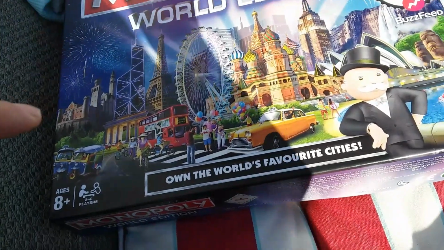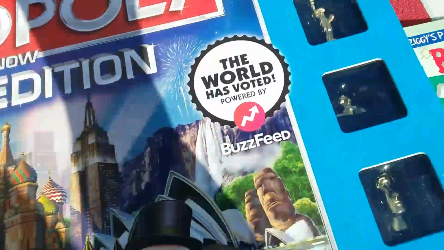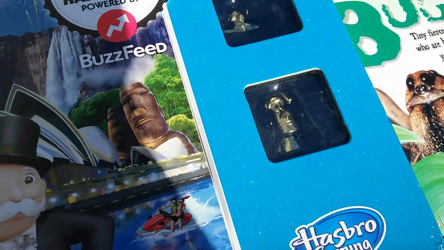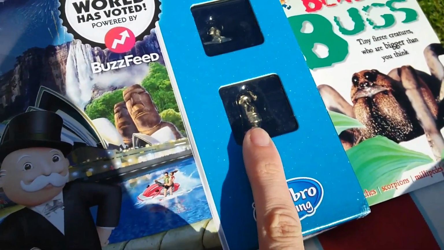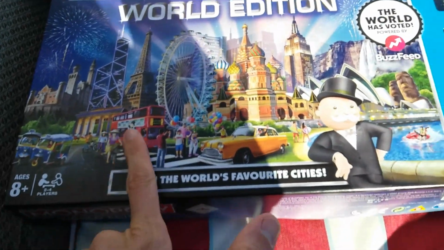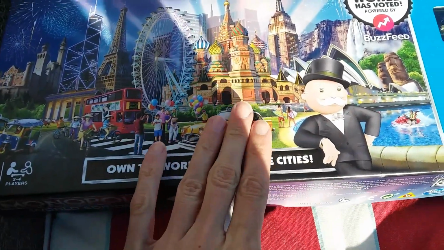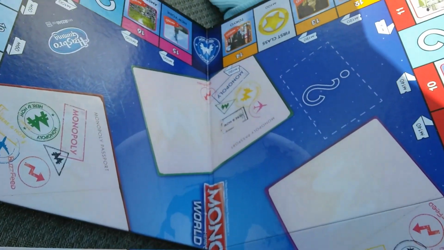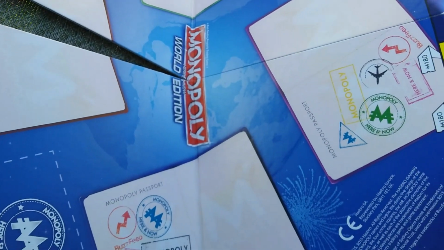Over Here and Now World edition. It's got the World edition, but the playing pieces there. You've got the Eiffel Tower, Statue of Liberty, the Sphinx. I'm not sure what that is though. But yeah, I'm sure someone in the comments does. But I like it. They've got all the landmarks across the world. Let's open this up and have a look. This one's got quite a few places. Got Queenstown, Cape Town, Berlin,